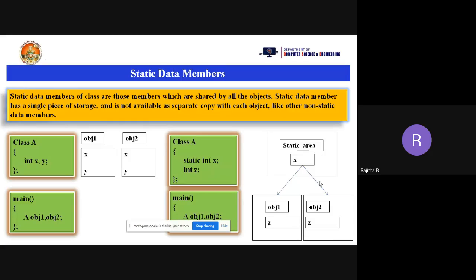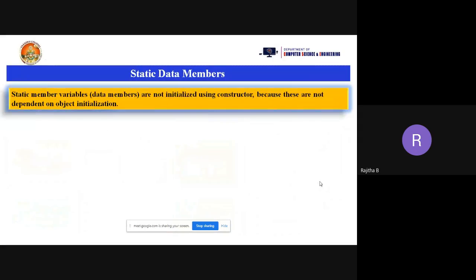Now we'll see this with a program. Okay. So before that you can see this one. Static member variables, that is, data members, are not initialized using a constructor. If you are taking a normal data member, we can assign values to the particular data members using a constructor.